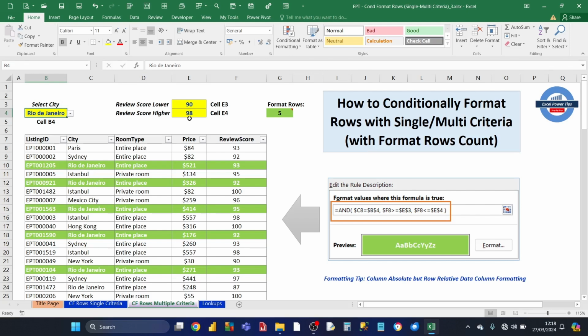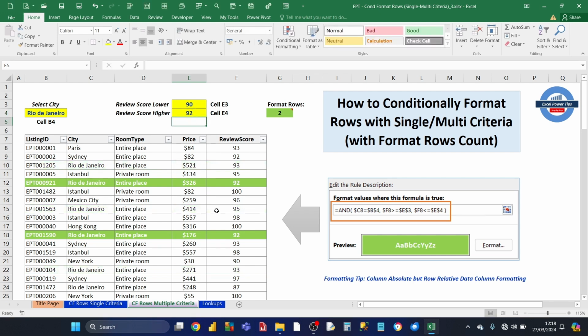And the other criteria, you've got a review score lower and a review score higher. So in this case, we've got not just Rio de Janeiro hotel room, but also with a review score between 90 and 98. So we can adjust the highest score to 92 here. Then the conditional formatting adjusts, so then it's only highlighting those rows that meet all three criteria,